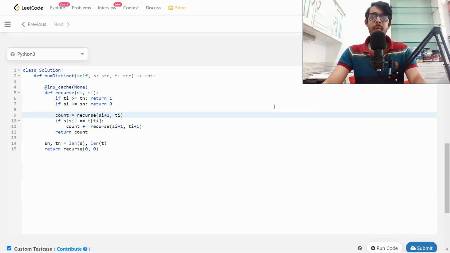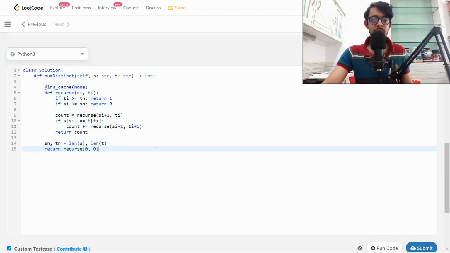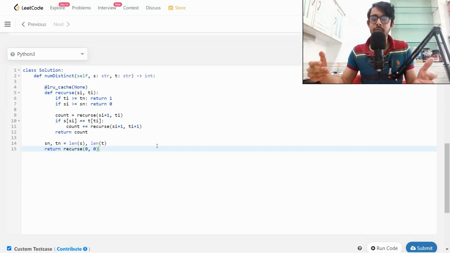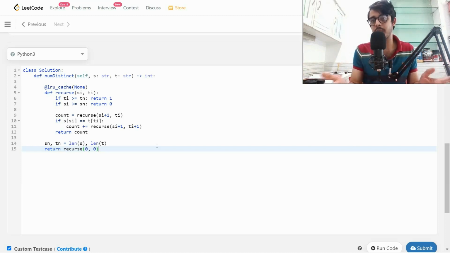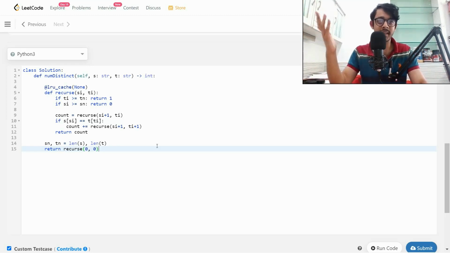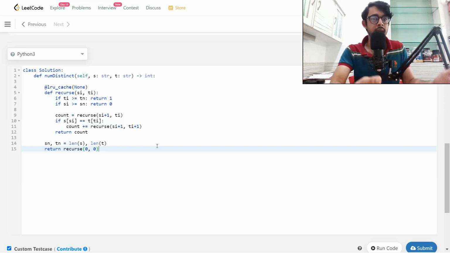Okay, so this wraps up most of the solution, but if you're interested in looking for an iterative approach to the DP, I'll link to a write-up down below so that you can look at how to convert this recursive DP into an iterative DP, because iterative DPs are much faster in general than recursive DPs. Recursion has this call stack thing, so that is a bunch of overhead. You can remove that in an iterative DP, which I'll link to down below.